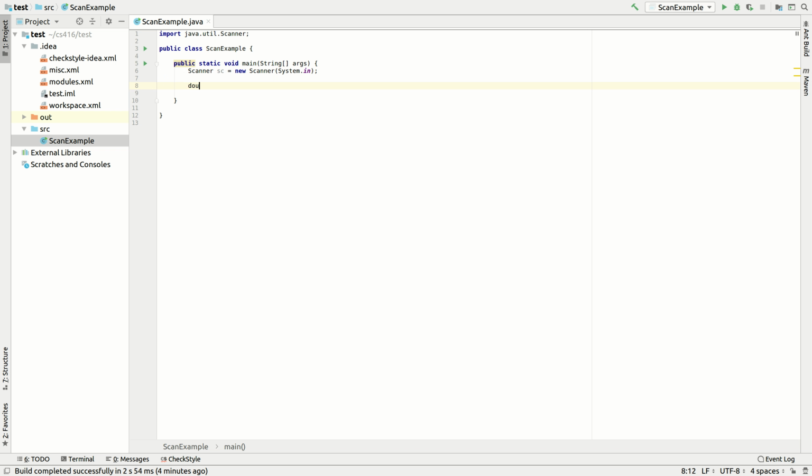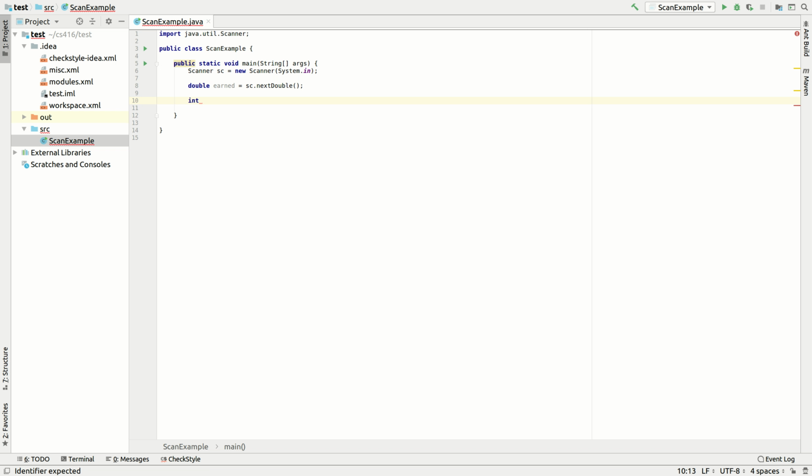For instance, we could read a double. That would be, say, the amount of money someone earned over some period of time. We create the variable for it, and we tell the scanner to read the next double. That will just give it any double value that the user enters. As long as the user enters the right kind of data, it'll work perfectly. There's some error checking for this that we won't do today, but it's good to use